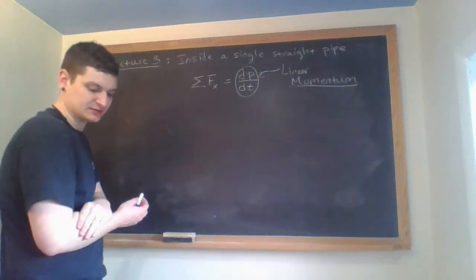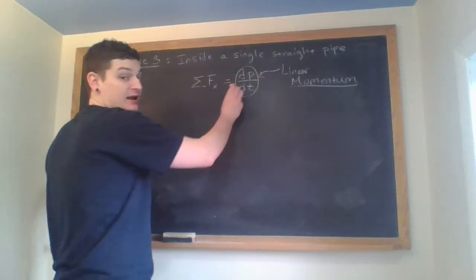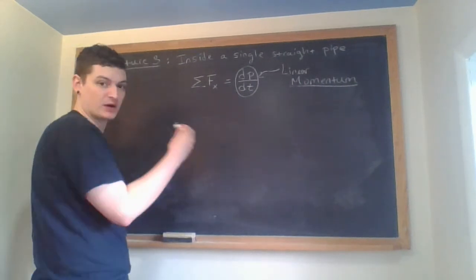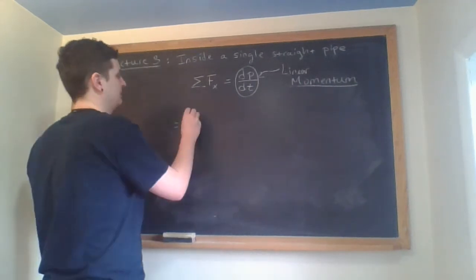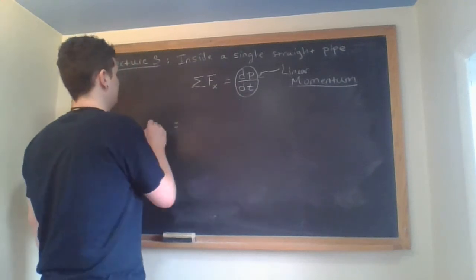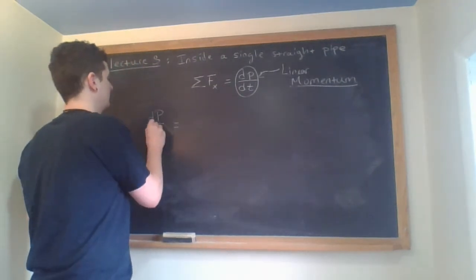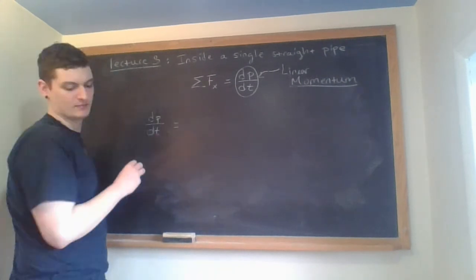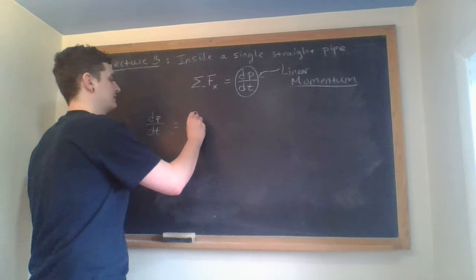Okay, so we write momentum as an integral, and then we have a body term and a flux term, right? So let's just consider this dp dt, lowercase t for linear momentum, okay? So this is equal to